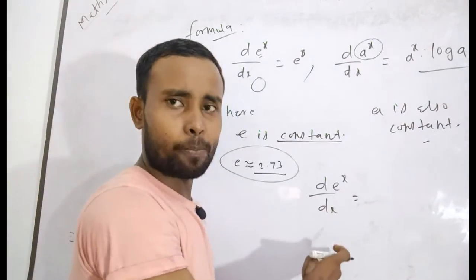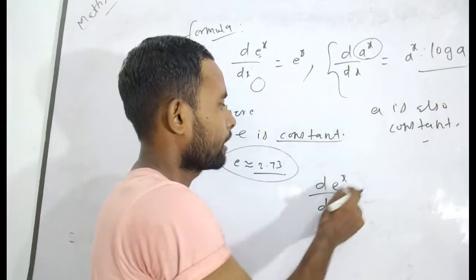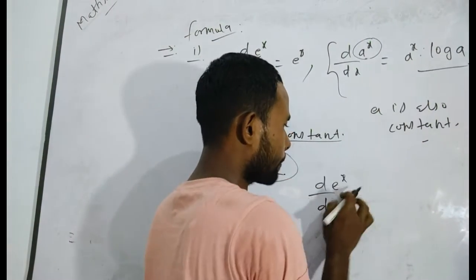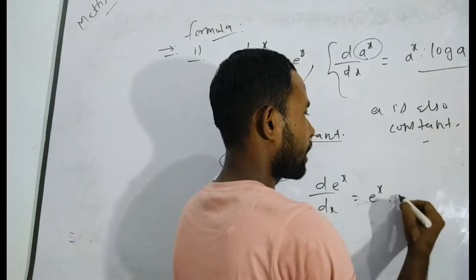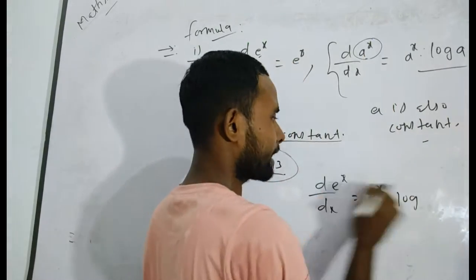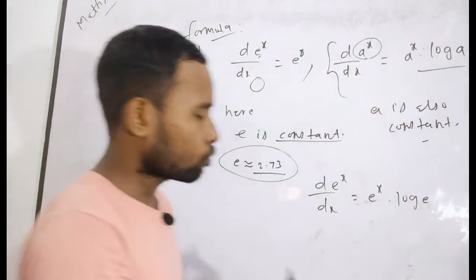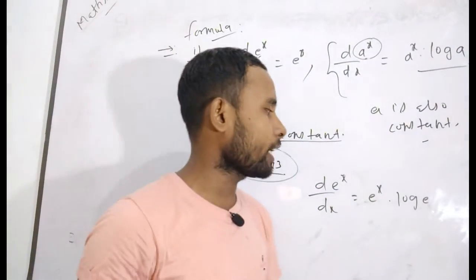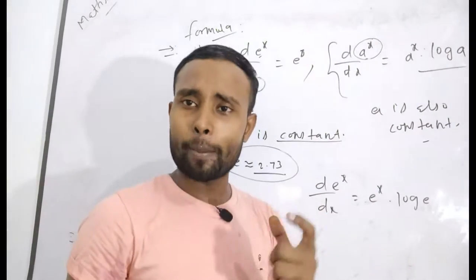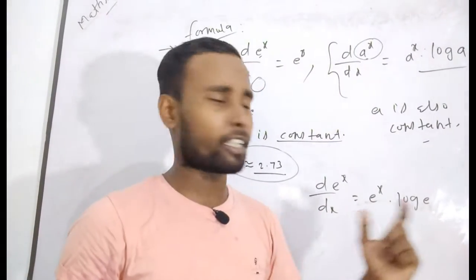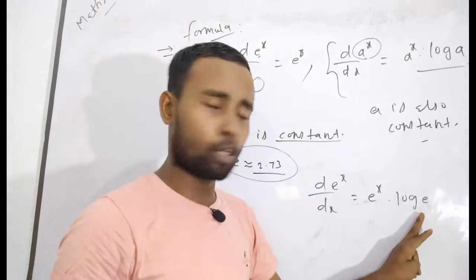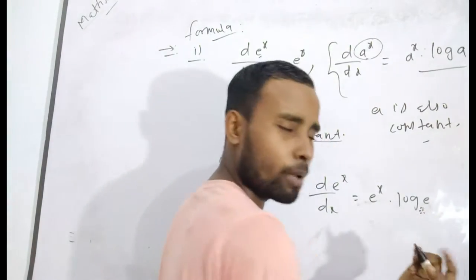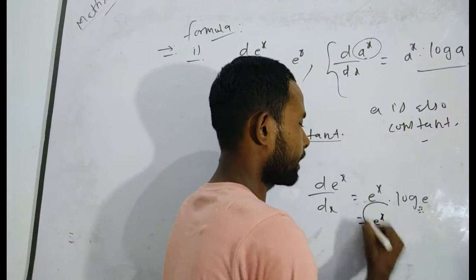The derivative of e to the power x with respect to x, sorry, to be correct, will be like a to the power x, that means e to the power x into log a. Log a, where a is equal to e, so you can use e here. As you know in calculus, I have already told you, if no base is mentioned, then you have to understand that in calculus or upper classes, that means after class 10th, the base should be e. If the base is e, then log e to the base e is always 1. So its value will be e to the power x.